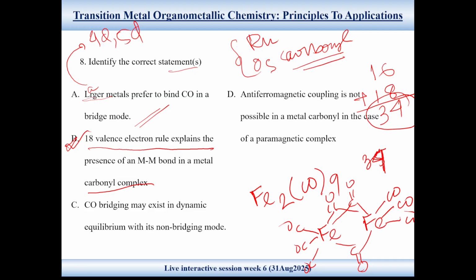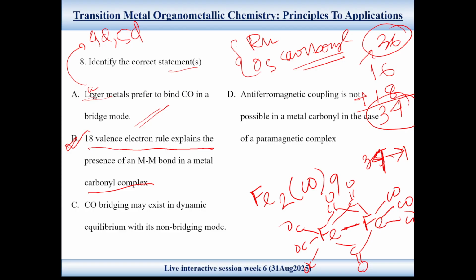But we always assume that complexes obey the 18 electron rule. So that means it should be 36 electrons. Is 36 electrons possible? That means there is one metal-metal bond. But actually when we got the crystal structure of these complexes, we see that